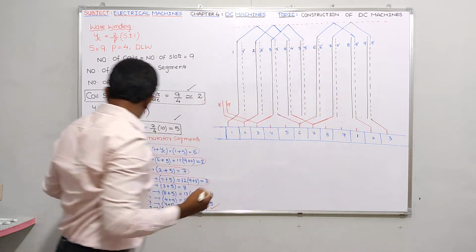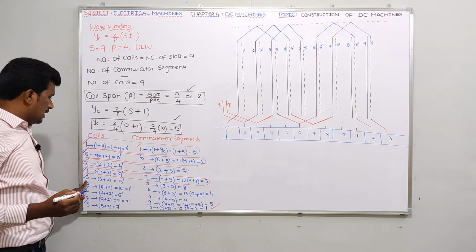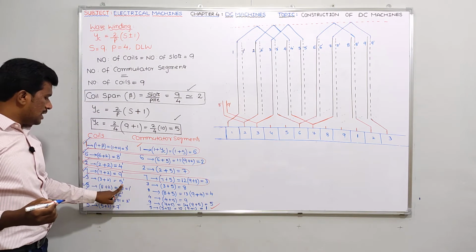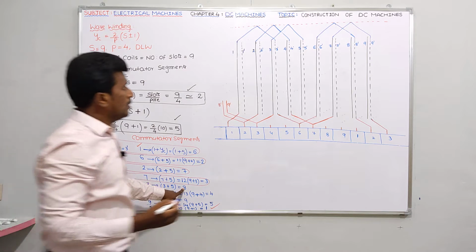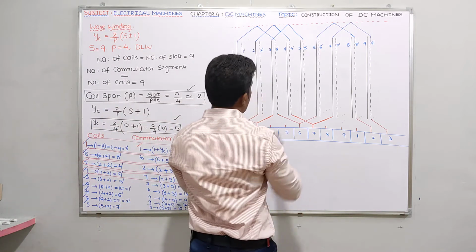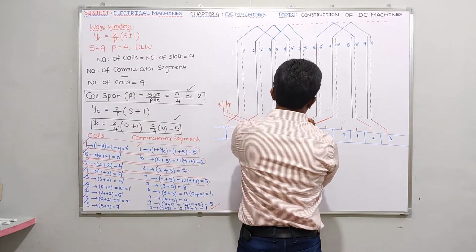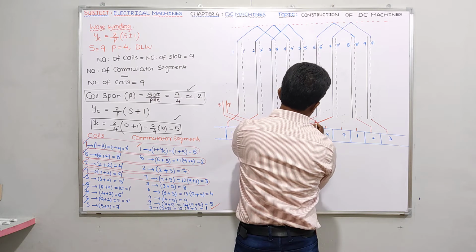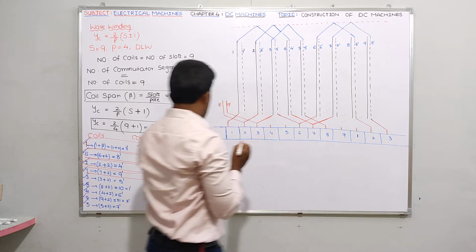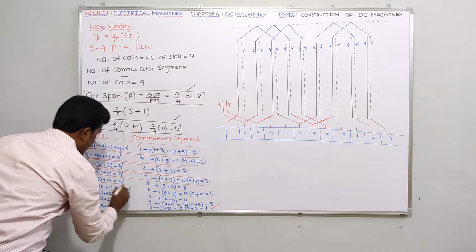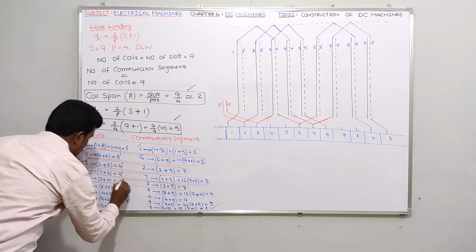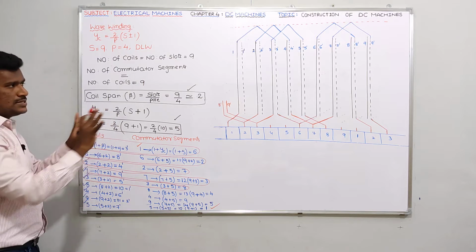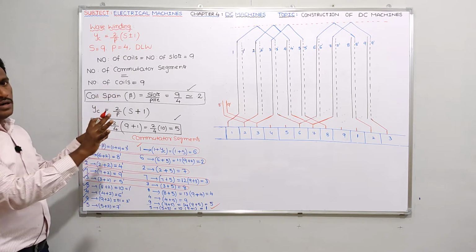As I told you, in the 3 5 dash coil, 3 is the conductor connected to the third segment, and 5 dash is the conductor connected to the 8th segment. So 5 dash will be connected to the 8th segment. This is 5 dash, and this is the 8th segment. It is connected to the 8th segment like this. Okay, guys, I think we complete this one also. Like this, step by step we have to complete all of them. Designing is very simple, but seems very difficult.